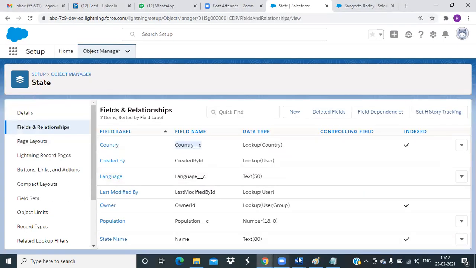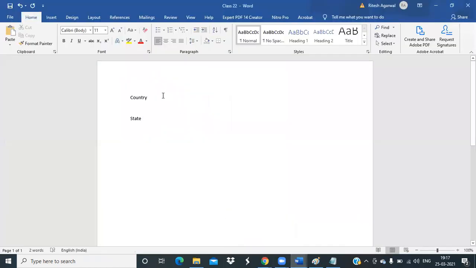In this case, through common sense also we know there could be multiple states in a country. So by that also state will be the child and country will be the parent. But we cannot go by this common sense logic. We will go by data.